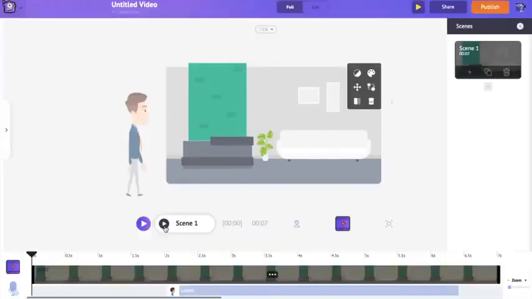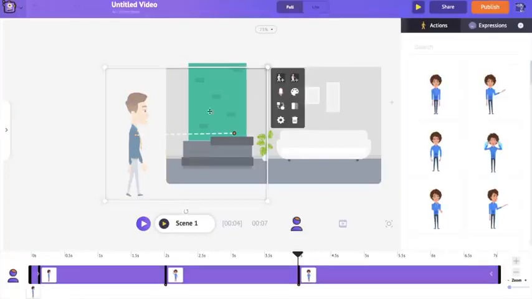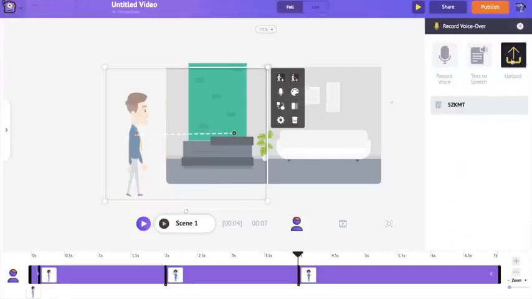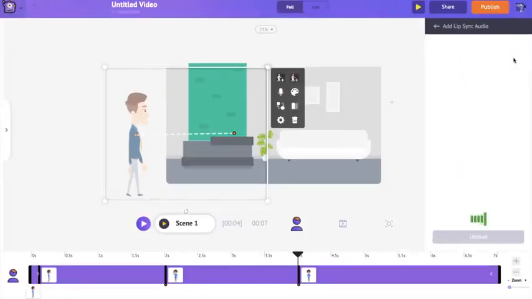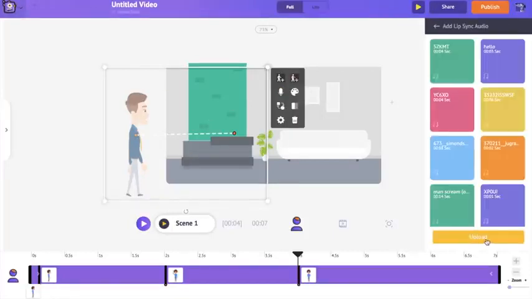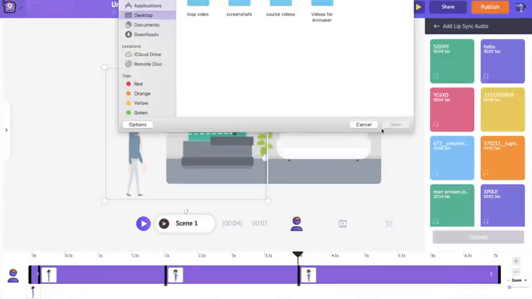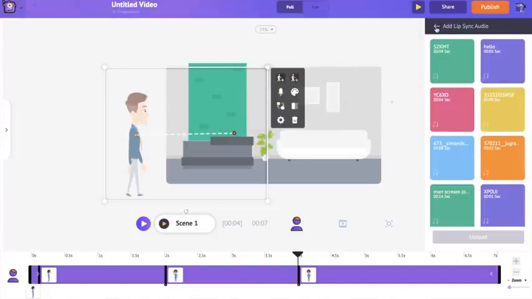That looked really professional, right? So like this, you can make use of the inbuilt text-to-speech engine to create professionally looking videos. Now we are going to see the final option for uploading a voiceover into your videos. So if you click on it, it will automatically open the file explorer and you can select the file that you want to upload. Then you will be able to sync it with your character's action.